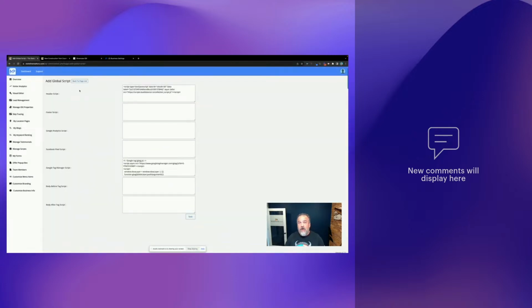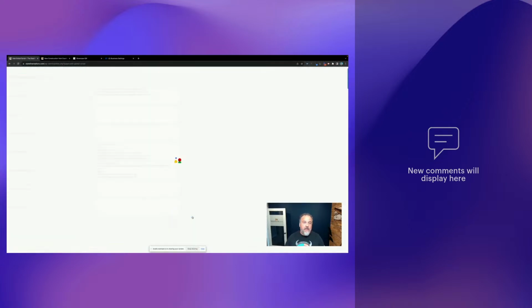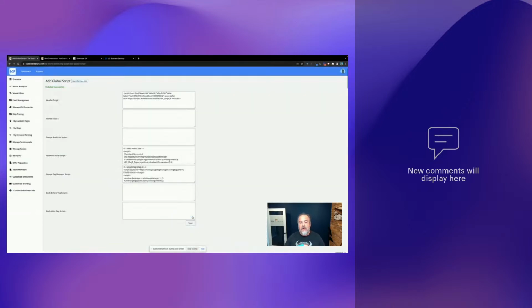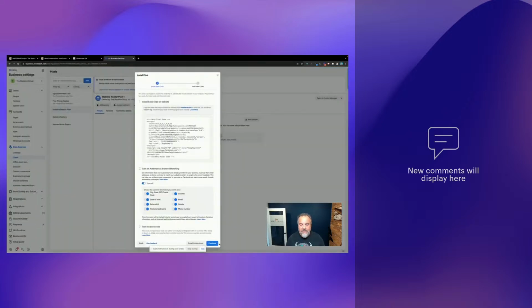If you don't know how to do this, we are able to help you take care of it. It's not a big deal. Right here, Facebook Pixel Script. Pretty self-explanatory. Paste it in and hit Save. So now we know that this pixel is installed on my entire website, and any traffic that comes to it, Facebook's going to read it and it's going to see and collect data. So that is now set up,